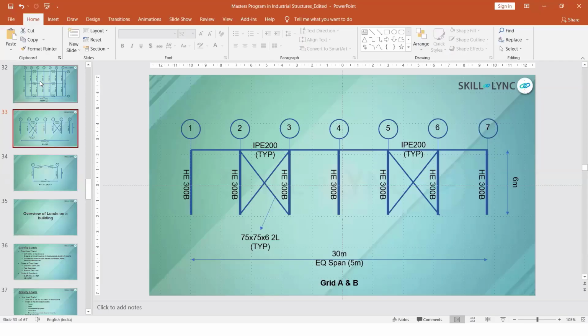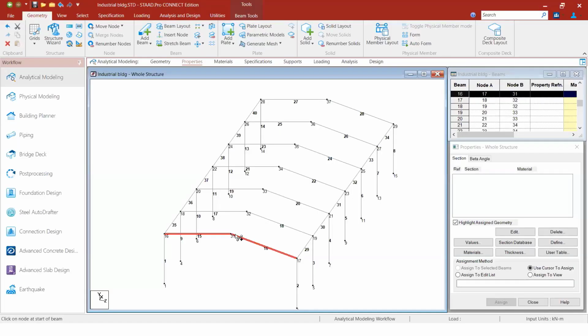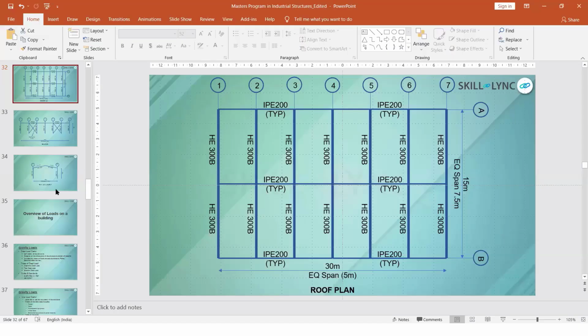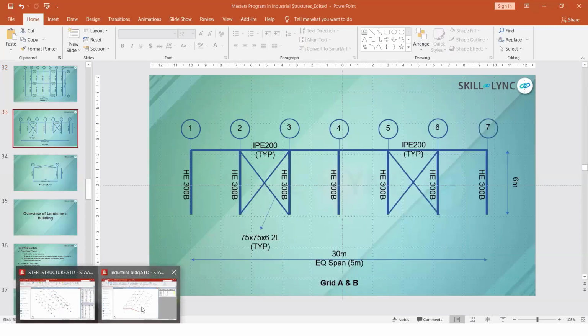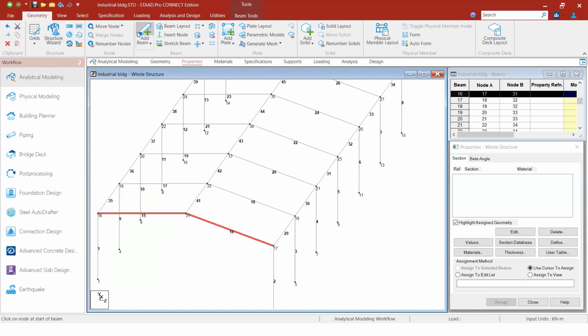So I'm just seeing whether the top is tied with a tie rod. Yes, we have to provide a tie center beam also to connect all the frames. So I hope you all remember that in the plan that we have received, we have provided the bracing also. So now we are providing the bracings also. I'm just creating all the beams required in one stretch so that you get an idea on how it is created.